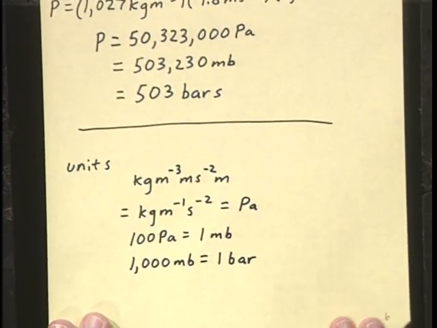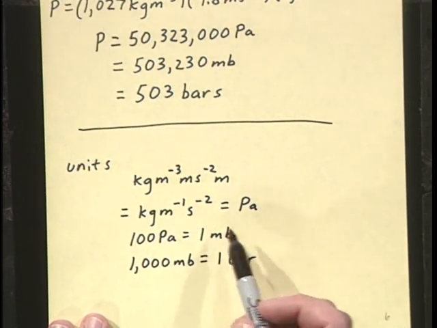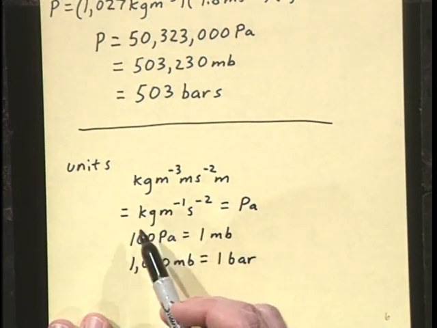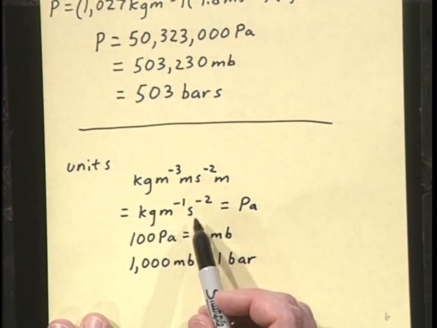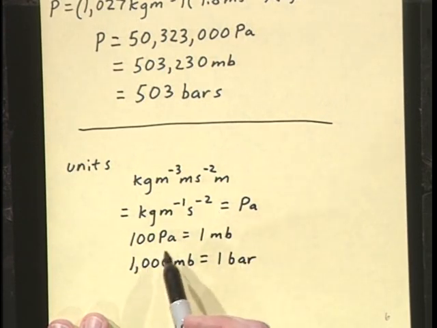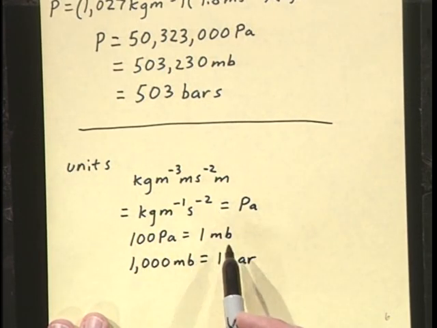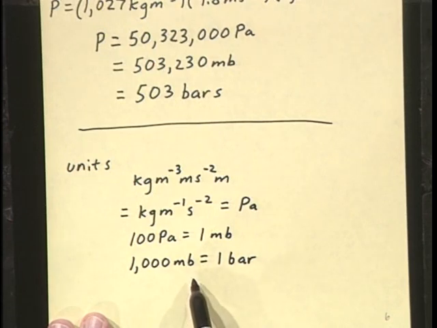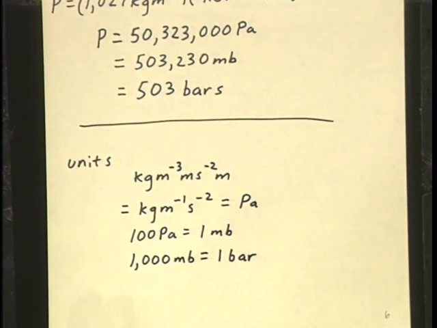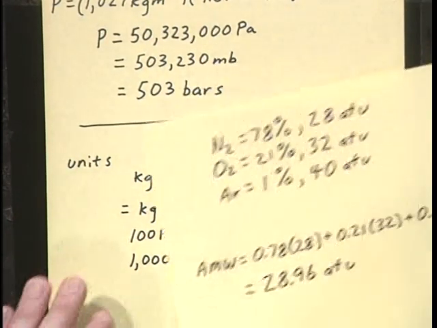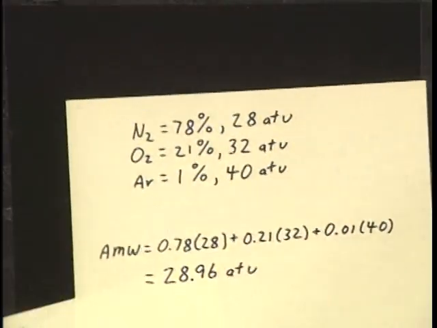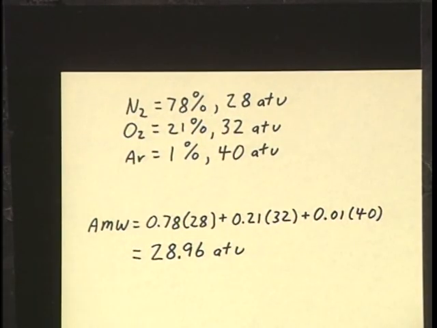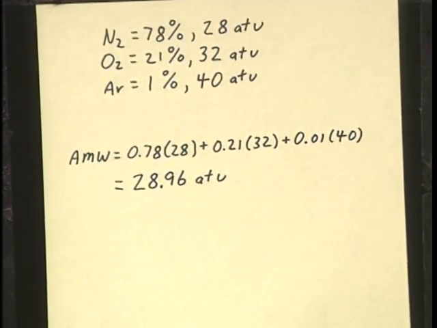And here's some information on the units. The pascals, the kilogram meter to the -1 second to the -2. 100 pascals is 1 millibar we've gone over, and 1,000 millibars is equal to 1 bar. For number 3, you're given that information at the top there already. And so we need to find an average